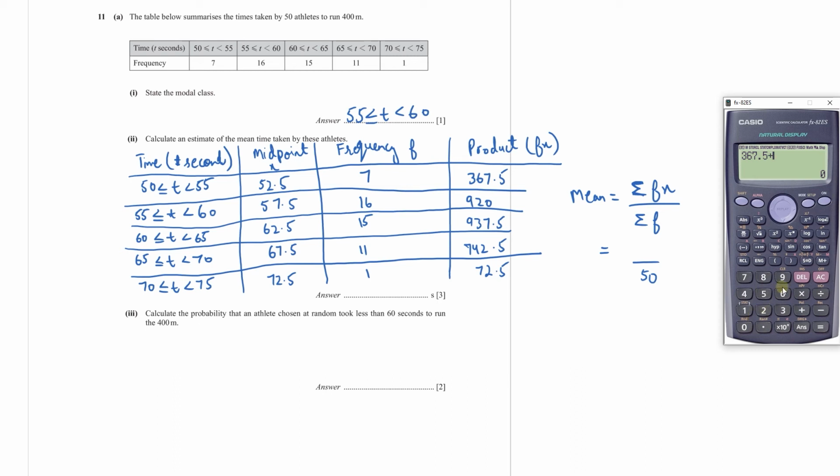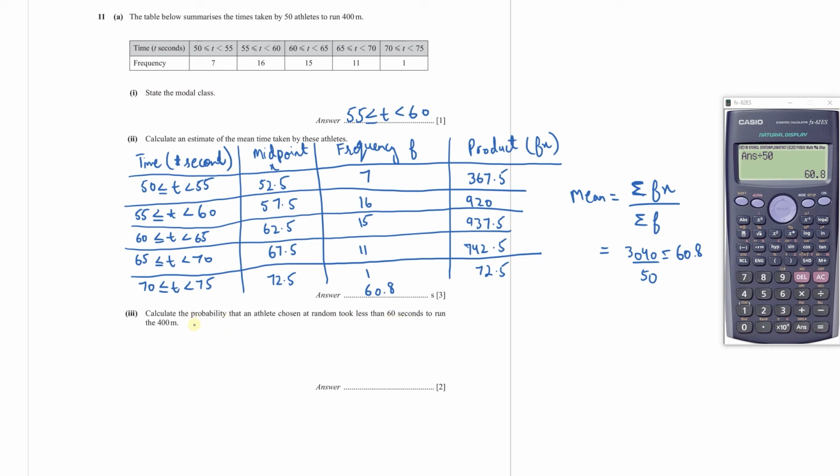367.5 plus 920 plus 937.5 plus 742.5 plus 72.5. So this will be 3040. Then divide by 50. So 60.8 will be your mean value. So 60.8 seconds. Part 3 is calculate the probability that an athlete chosen at random took less than 60 seconds